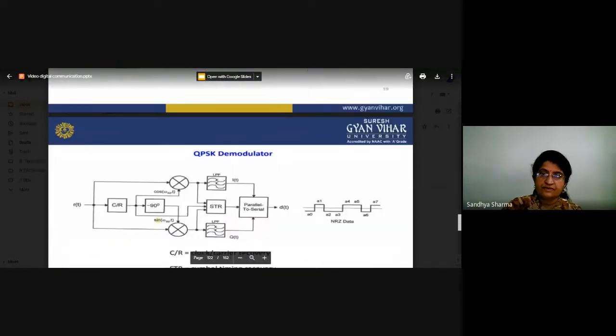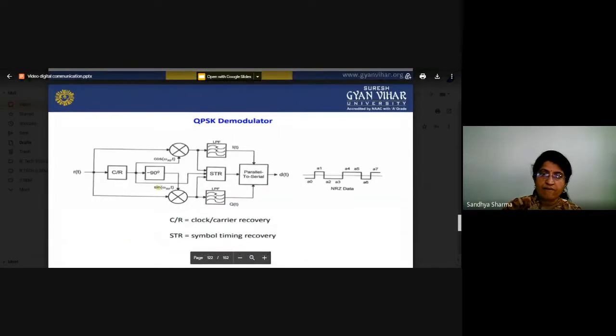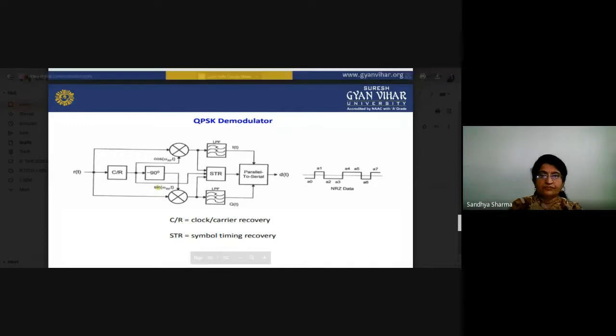That is a QPSK demodulator. So that is basically the demodulator part. Again, we will convert parallel to serial, with encoders and a low pass filter, by passing it through the low pass filter. And this is a synchronous demodulator. So we will again multiply by the same phase carrier frequency in these modulators, and after processing through the LPF, we can convert it into the parallel to serial decoder.